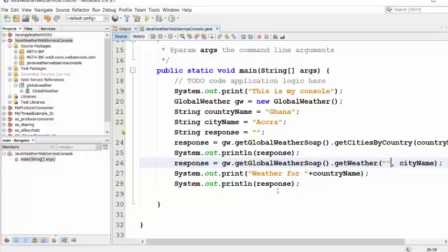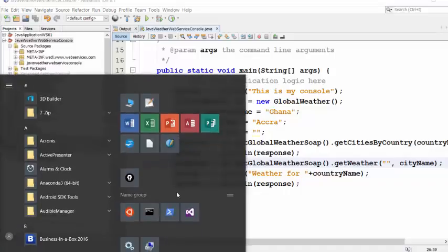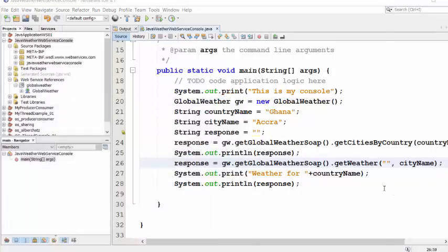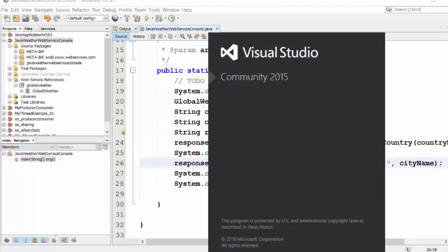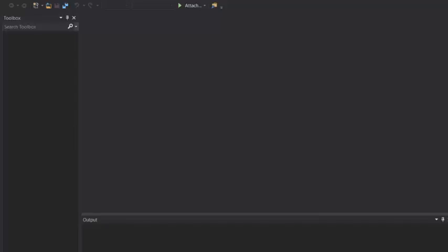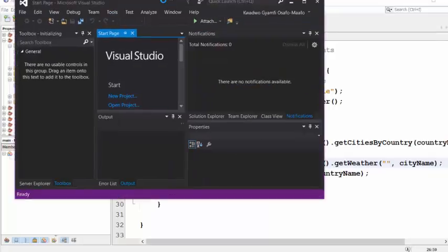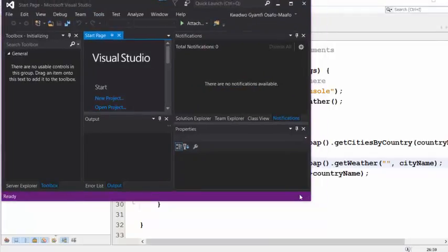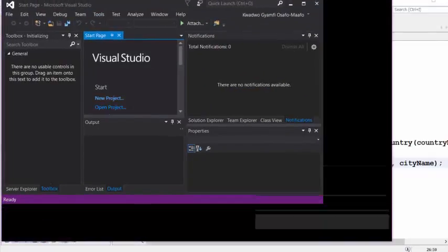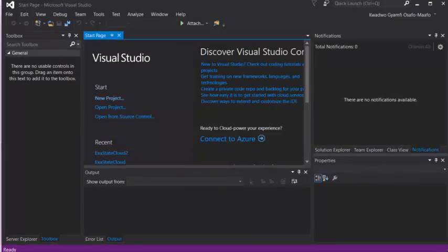Okay, so let's do another one. I'm going to be using Visual Studio for this one, just to show you how you can do cross-platform consumption with clients. You don't have to use Visual Studio. I'm just showing Visual Studio as an example, right? So this is Visual Studio. I'm going to do the same example but using C#, just to show you that you have different clients that can communicate. So new